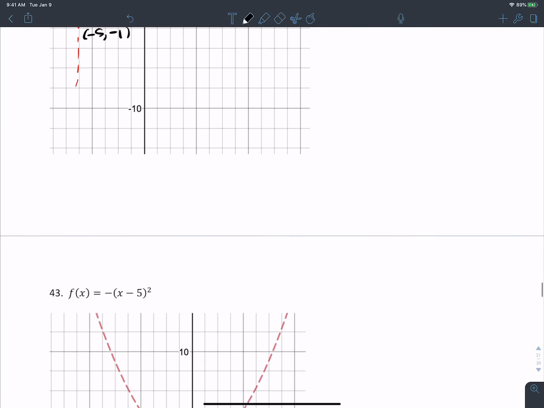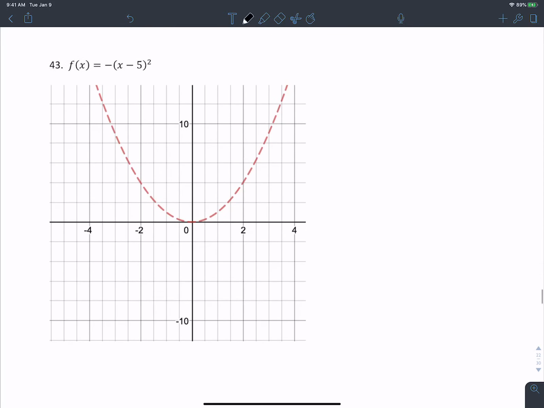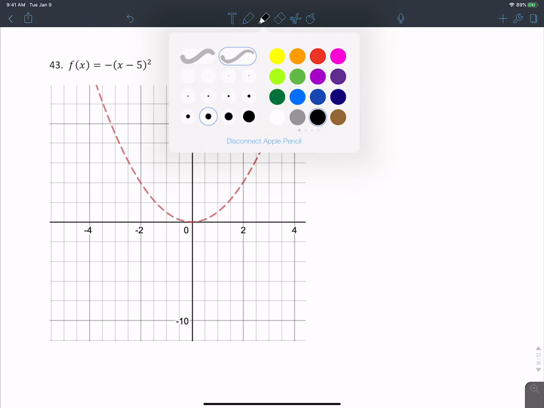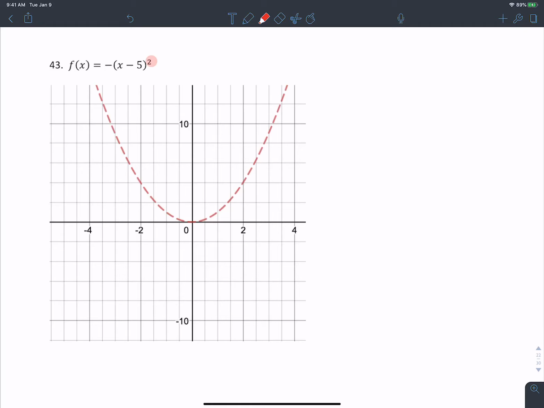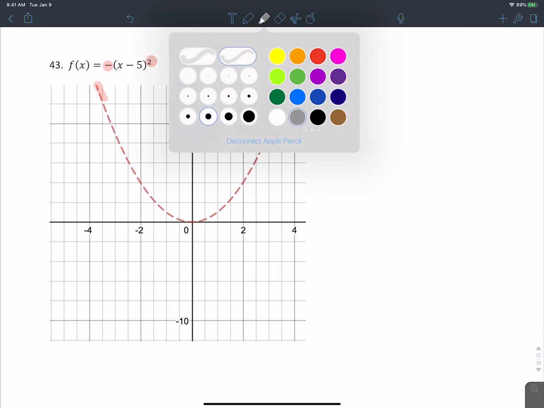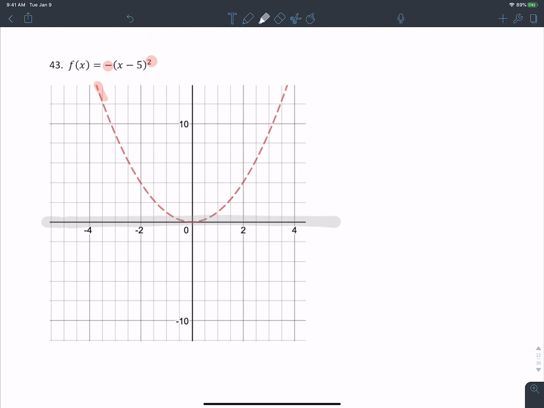Okay, and now this will be 43. So let's remember you have the parabola there. That's the x squared curve. You guys already see the curve here. You see the outline. It's right here. But you also have a negative sign. So we reflect about the x-axis every point. So if I put my mirror there, let's reflect. Across the x-axis, let's move that mirror slightly down here. Let's bank it down so we have a reflection. And so what you'll see here